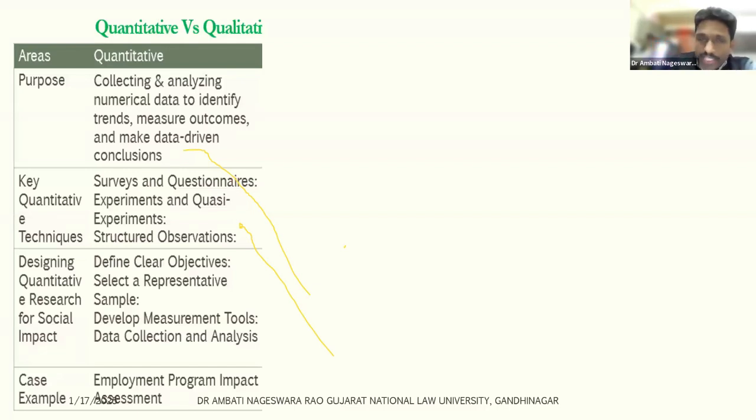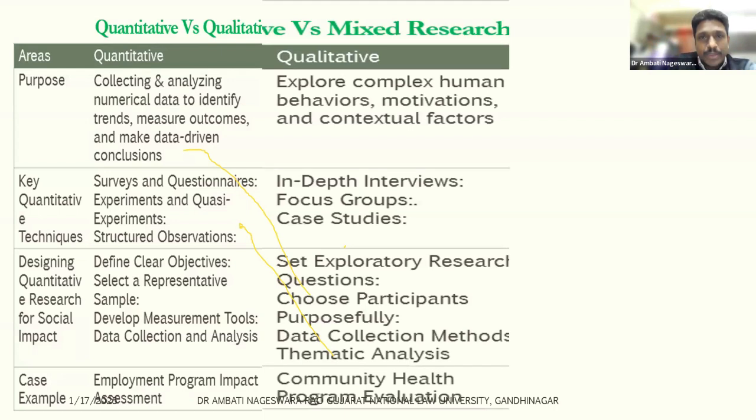Whereas when it comes to qualitative research, whenever you want to understand the experiences of people, or the culture of a particular community, or the lived experiences of people suffering with some particular phenomenon, basically you try to get a holistic understanding of a particular phenomenon, or you want to get the context of that phenomenon.